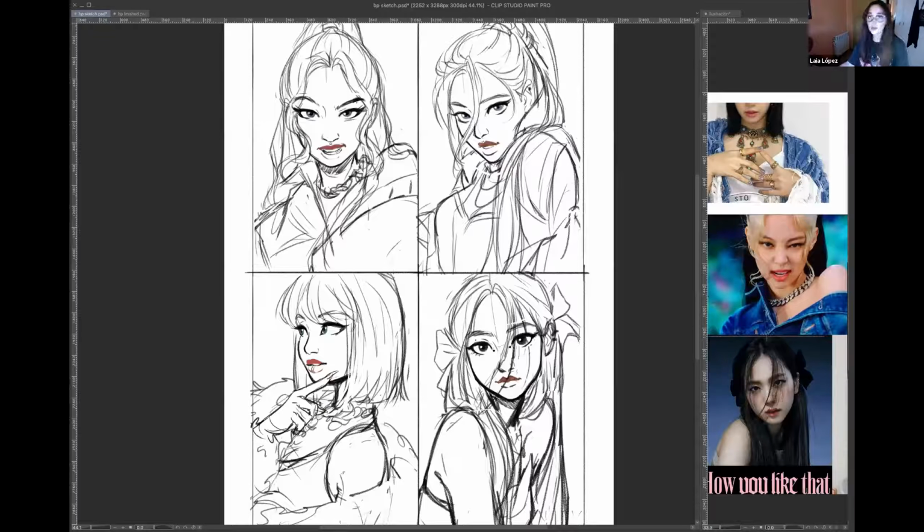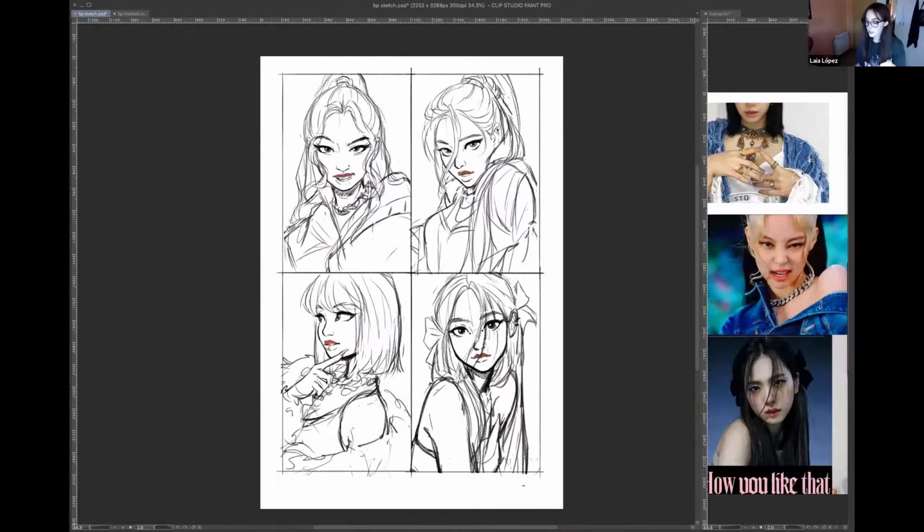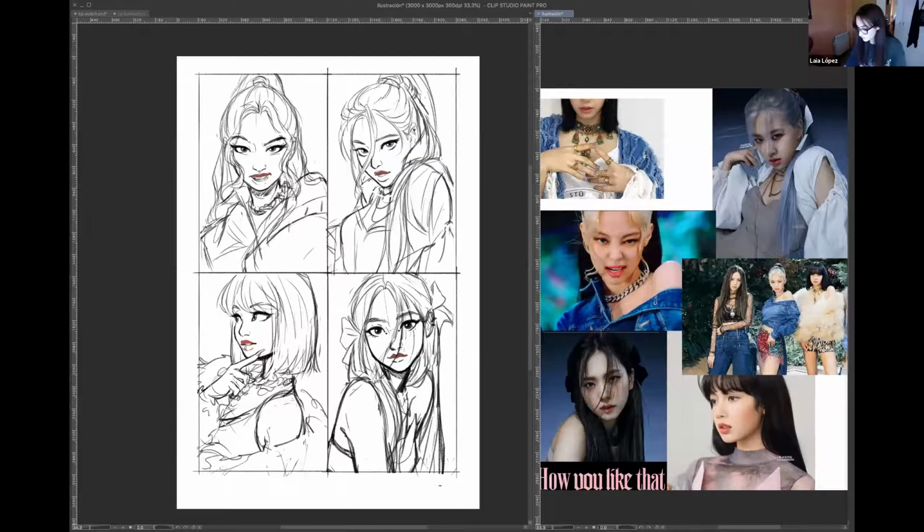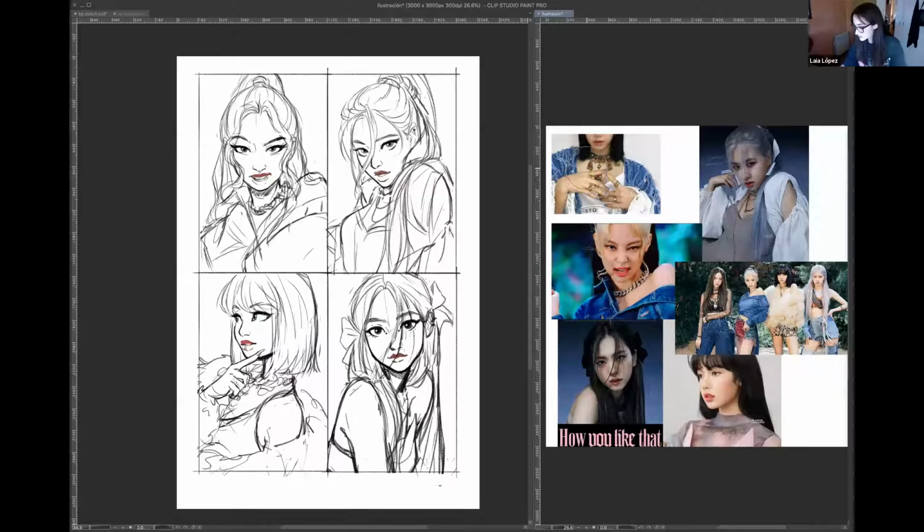First of all, I already knew the composition that I wanted to do. I had in mind this idea of the 4 squares and the title of the song in the middle. So I just went ahead with it, and I usually have different canvases with all the references. For example, in the case of Lisa's necklace, it was really complicated and the whole design has so many details, so I just looked it up separately.